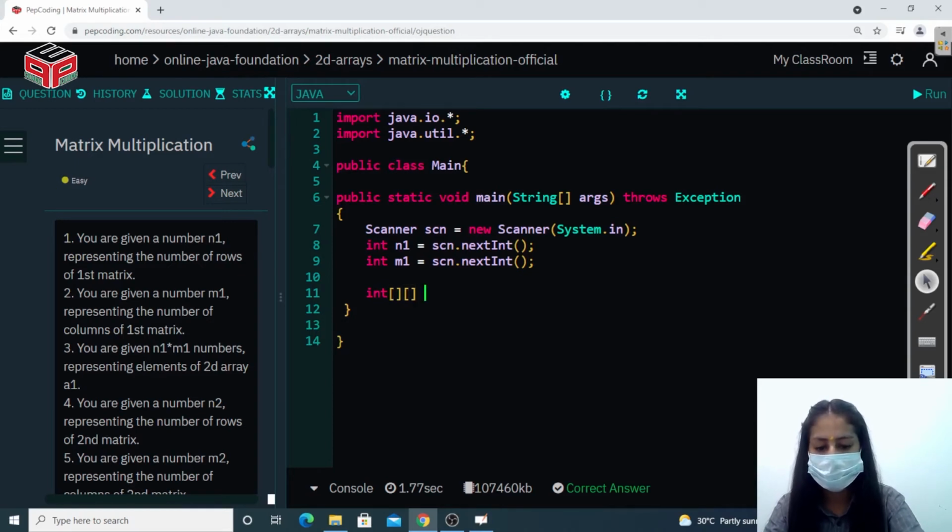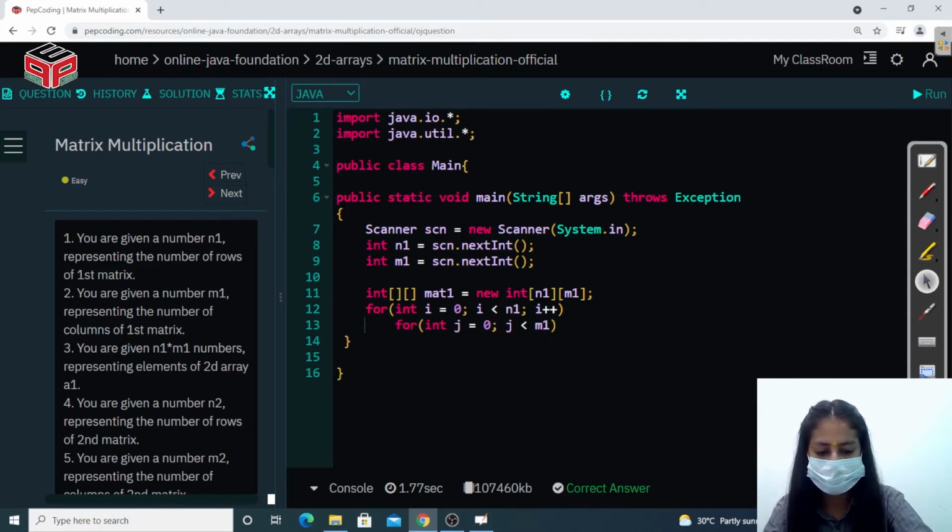Now we have to take a two-dimensional array to represent that matrix. Let the name of the matrix be matrix1, with dimensions number of rows by number of columns. Let's take the input from the user, the number of elements. This loop will traverse the rows, and the next loop will traverse the columns. Matrix1 of i j, take the input from the user, right?